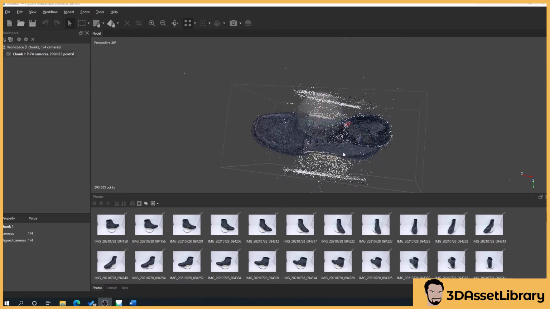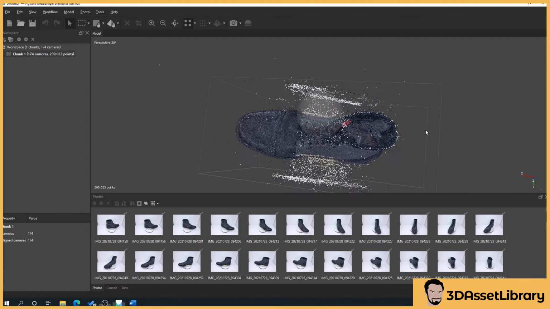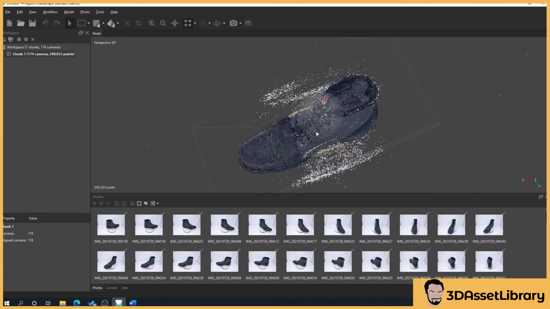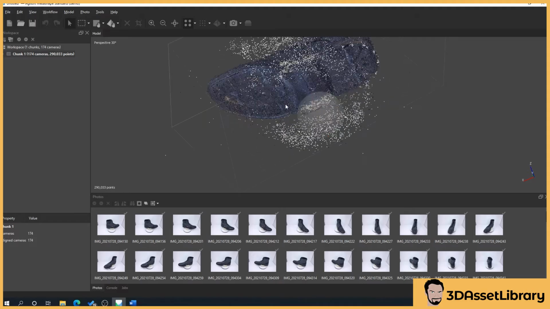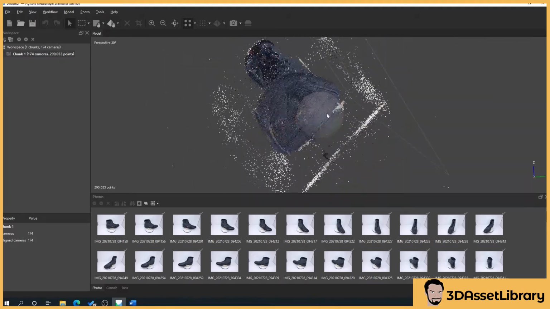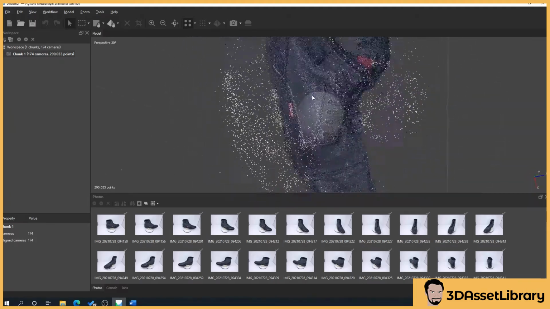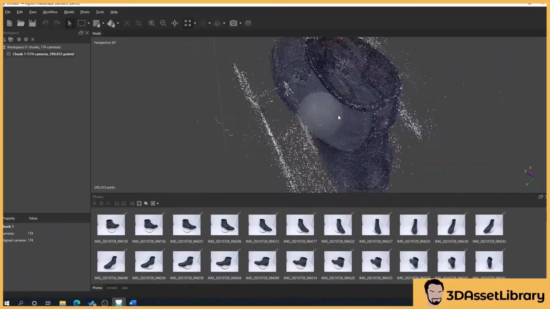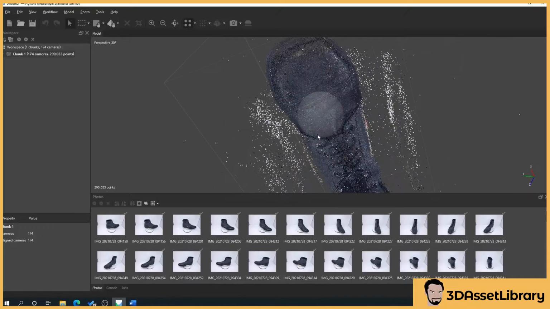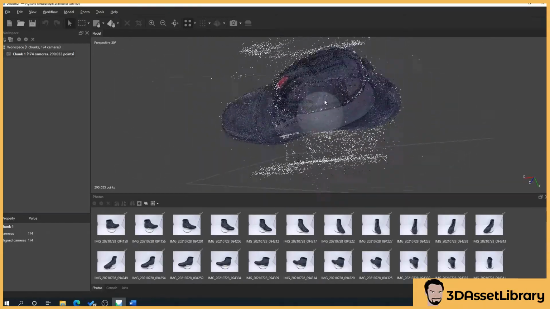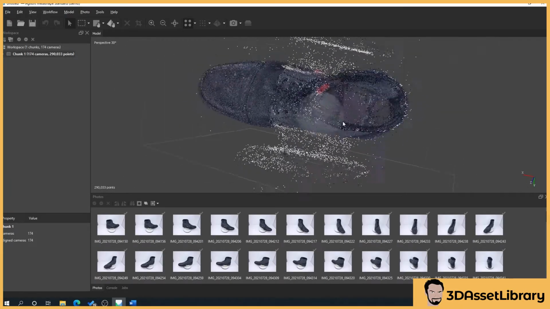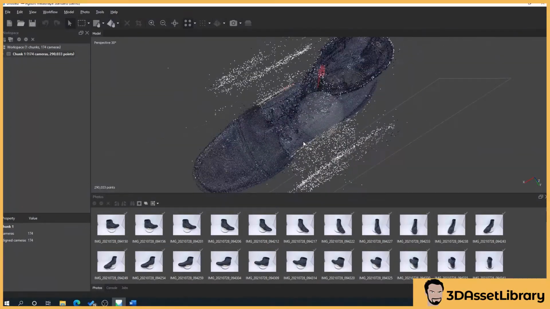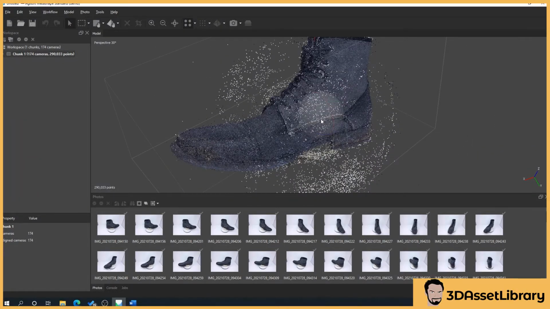So as you can see here, where we edited to medium, we've now got the boot aligned. So if we move around, for the minute, ignore all this white stuff. If we move around, we've got the bottom of the boot, we've got all sides of the boot, and it seems a pretty good coverage in dots and everything. And we've got the top of the shoelaces, etc. As you can see here, it's even caught some of the inside of the boot, so that's handy. So what we'll do here is we'll move to the next video where we'll talk about removing the points and